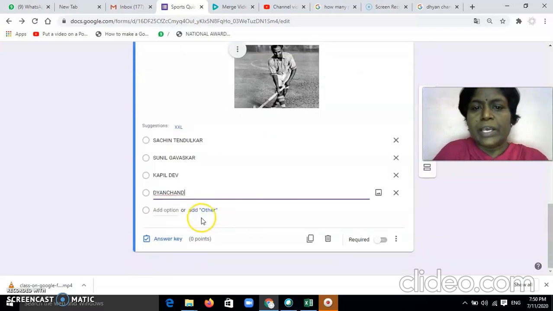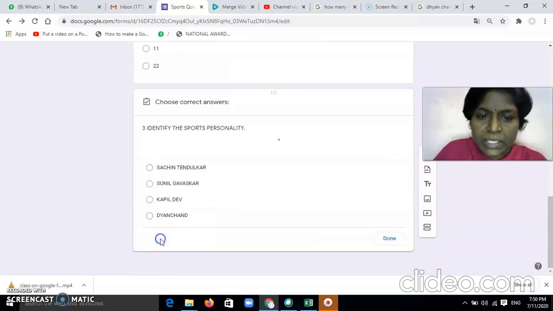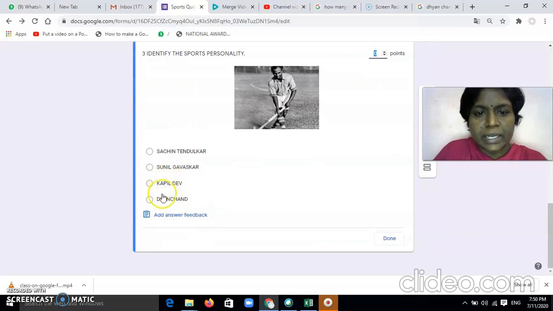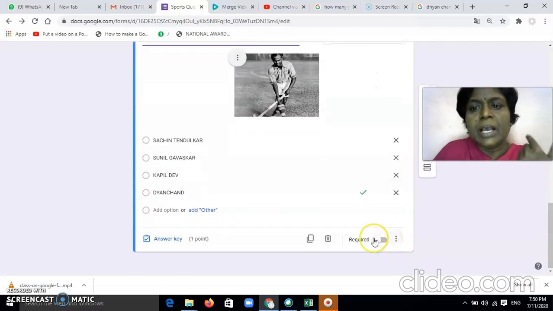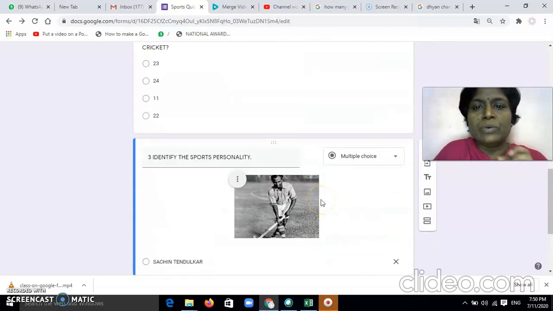So now again the same story repeats. Go to answer key, select the correct answer, Dhyan Chand, and don't forget to give the points, don't forget to click done, and then again don't forget to check the required option. This is how you have to insert the image in the question.